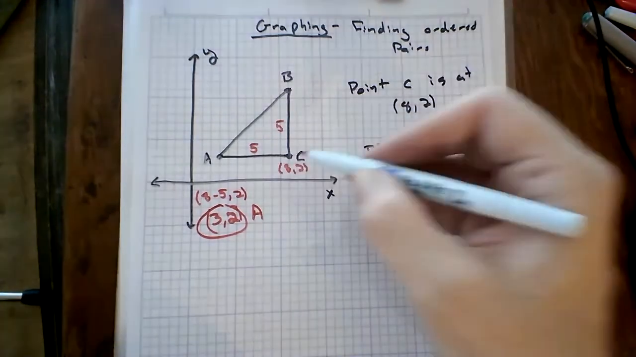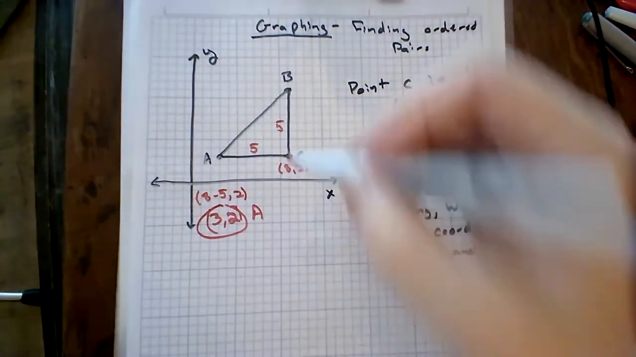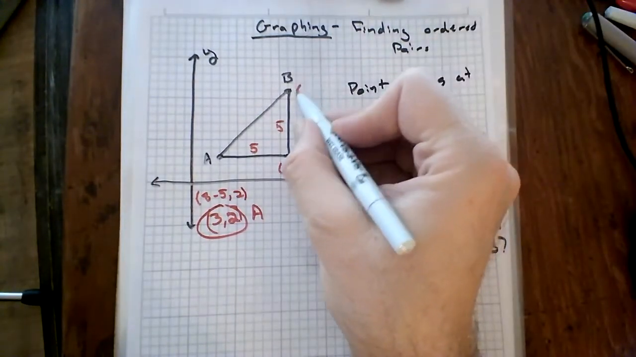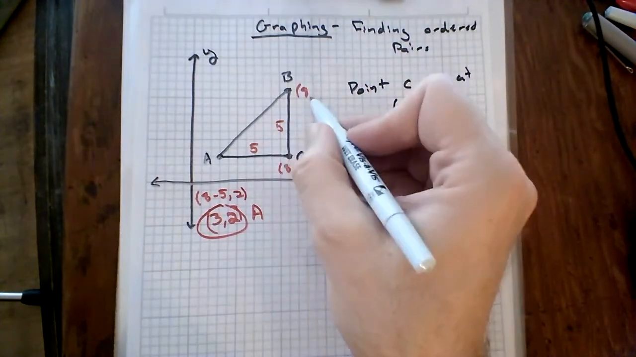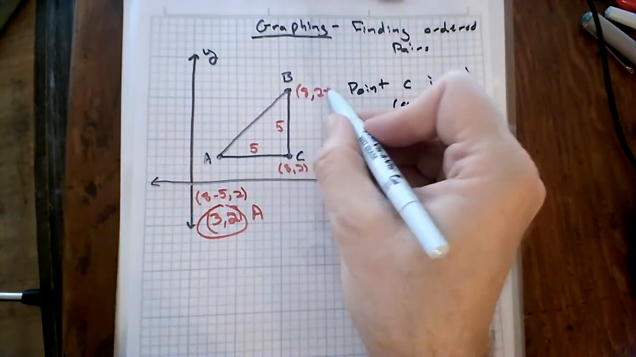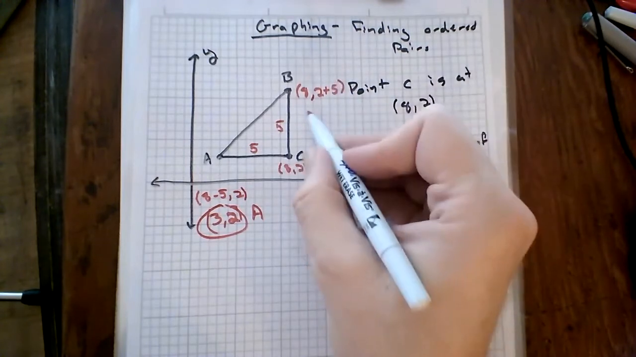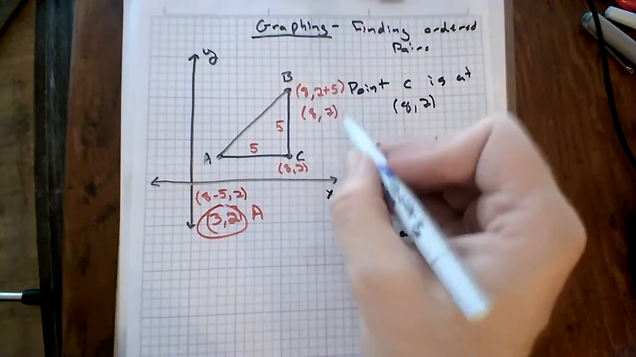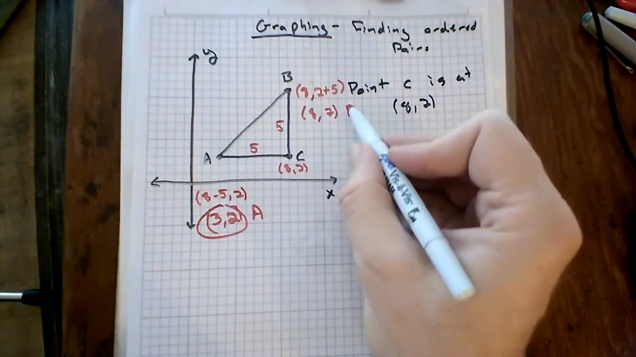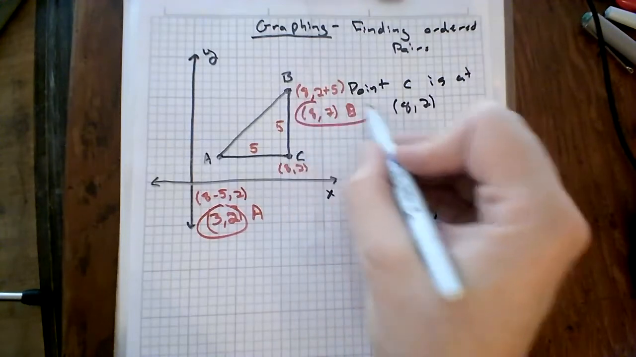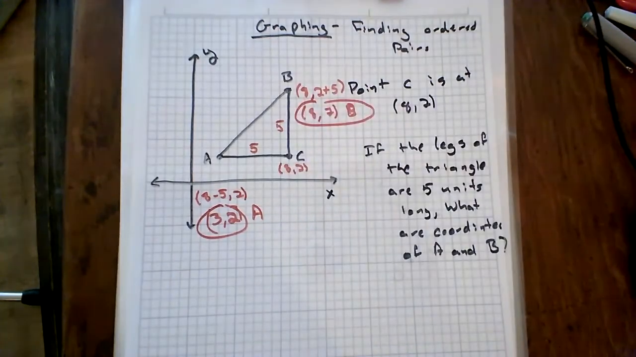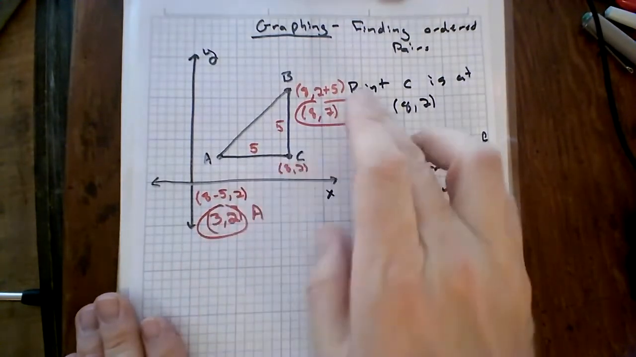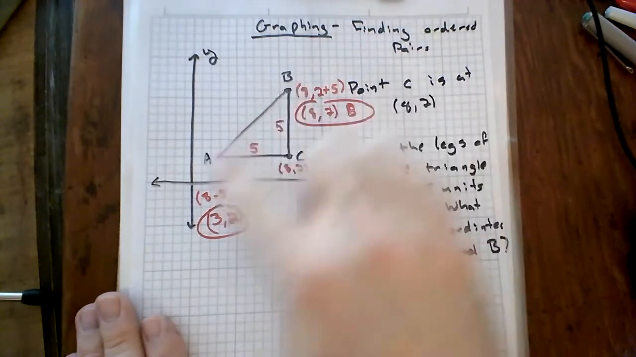For the B, well, I'm moving the y value up 5. So this coordinate would be 8. The x value stays the same, but the y value is going to be increasing by 5. So this would be 8, and 2 plus 5 is 7. So this is my B. This is the coordinate for my B point. So that's how we can find the coordinate points for my other 2 points if I know the lengths of